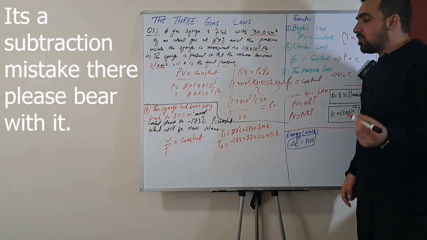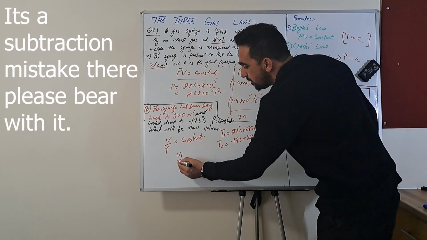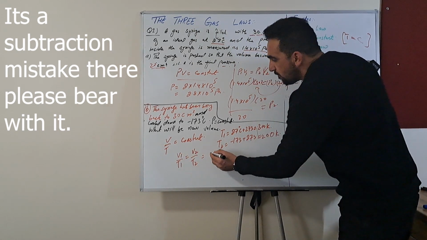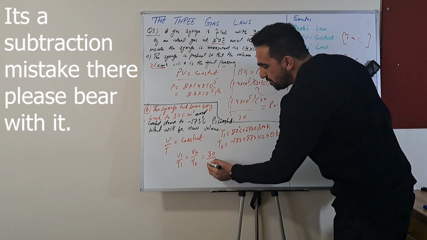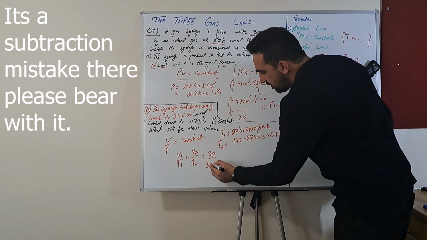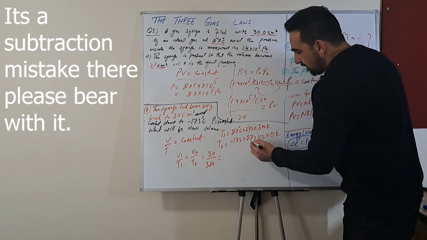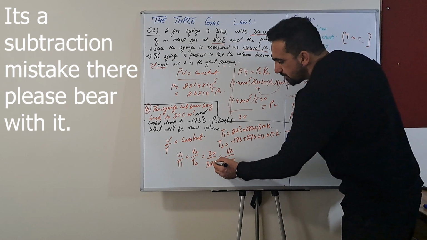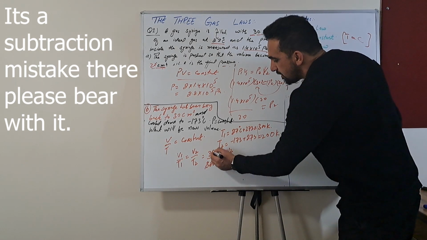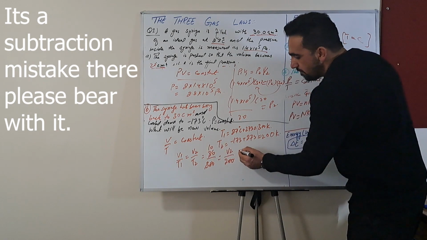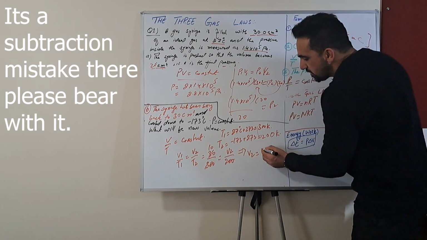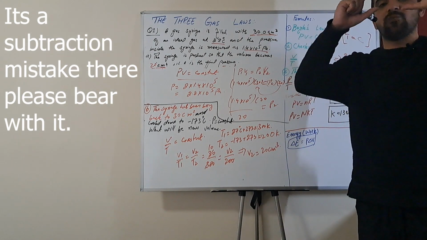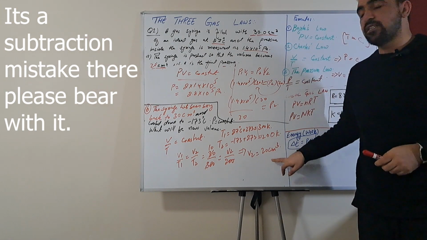But instead of thinking so much, we just use V1 divided by T1 is equal to V2 divided by T2. V1 was 30, divided by T1 which is 300, is equal to V2, that's what we need to find, divided by T2 which is 200. So this will cancel out, and 3 tens are 30, and 2 will multiply on the other side. So V2 is equal to 20 centimeter cube. So the volume of the gas inside the syringe will now be 20 centimeter cube.